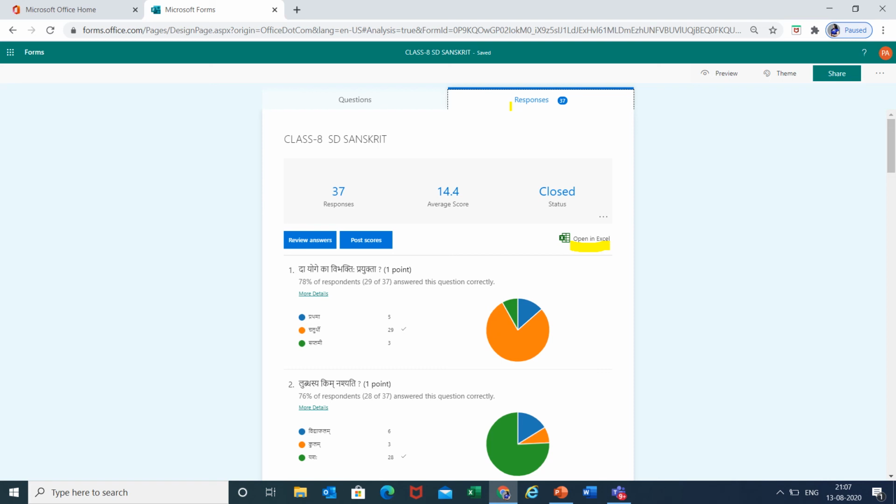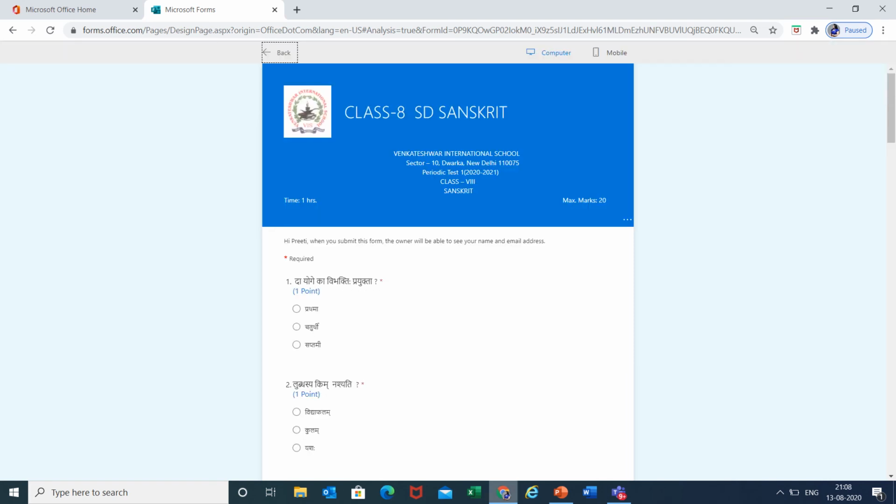I'll just show you this. As a student's view, it will be opened like this. The students can just click here, or wherever there is a subjective question, they will read the question, write it down on a piece of paper, click the picture, and they can upload that. It can be through the mobile, through the computer, whatever way they want. I hope I'm clear. If there is still any doubt, I'm